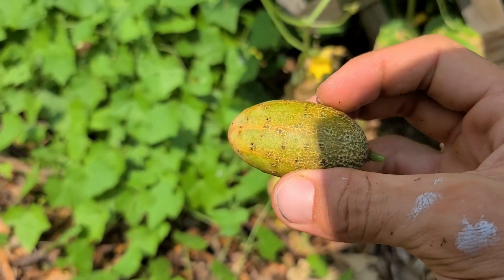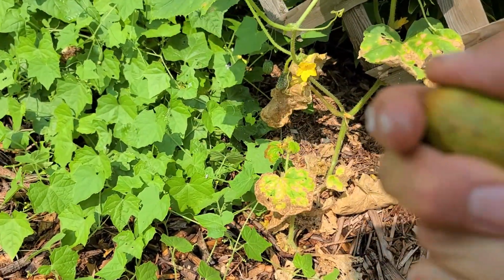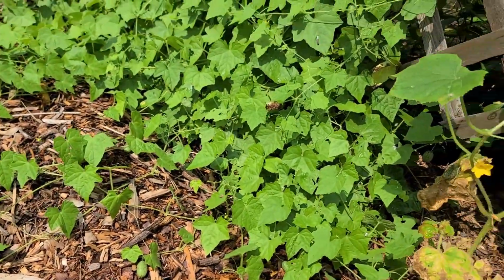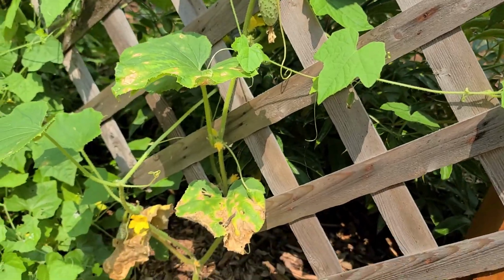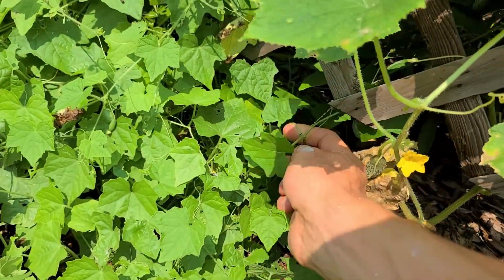I did try one earlier in the year, but it was a little bit hard skinned and tasted like a kind of lemony cucumber on the inside. So I want to try this again. I'm glad one kept producing. Let's see, I have another one up here, so hopefully I can get a couple more to really get a good idea what they taste like. Got more cucamelons